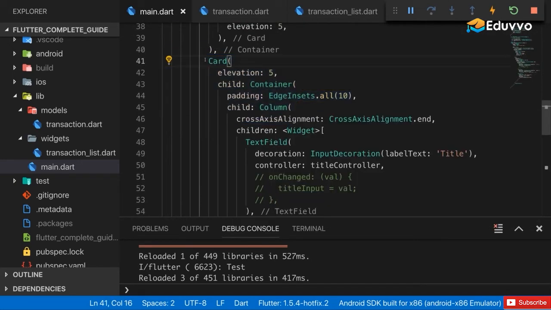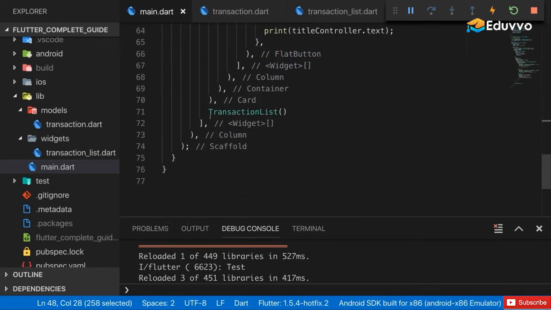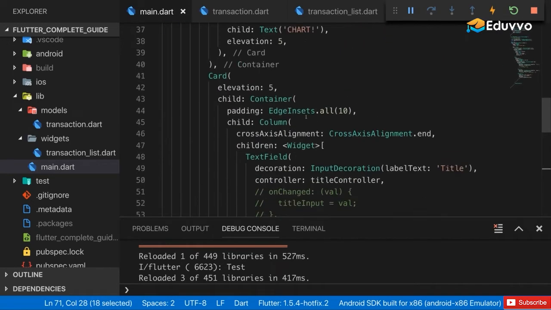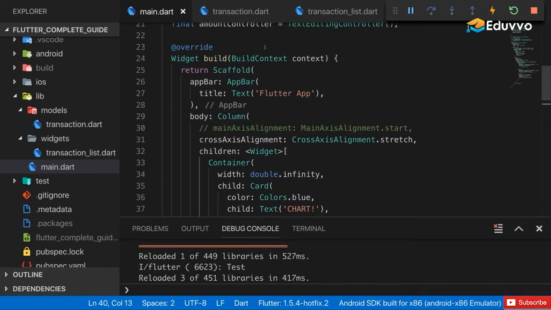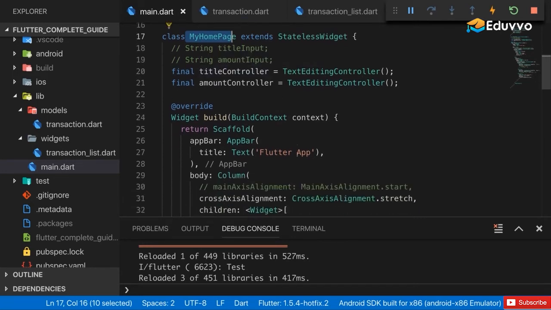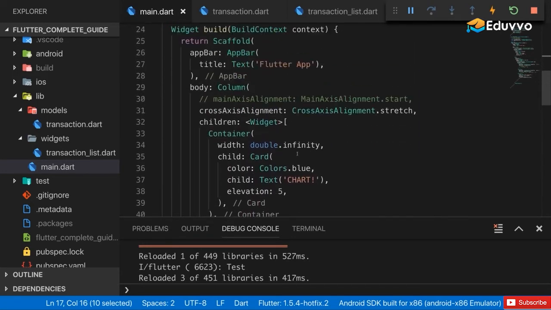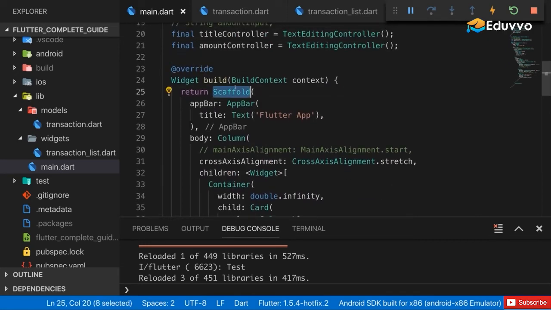And second, let's put our text input widget, which we'll create, and that transaction list widget together into a new third widget, which we then use here in the main widget, in the My Homepage widget. The advantage of this will be that the My Homepage widget can stay stateless, and things like the scaffold and the app bar aren't rebuilt just because we added a new transaction,